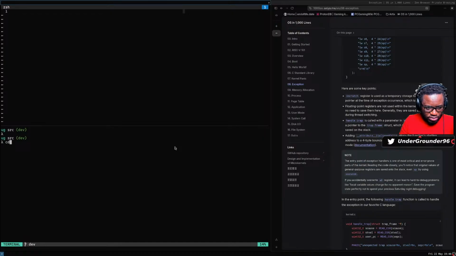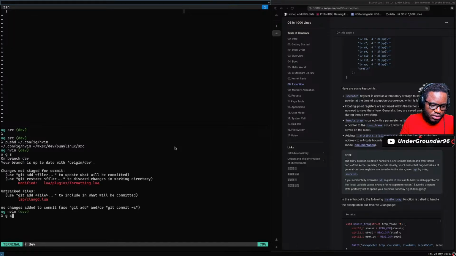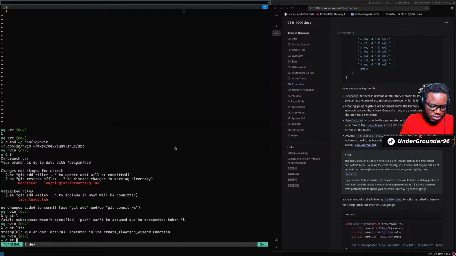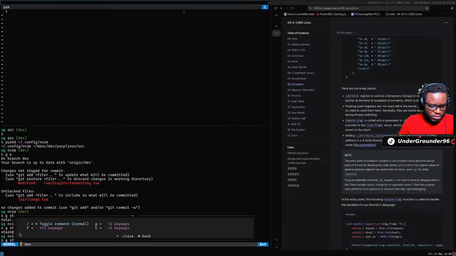I think I have push, yeah. Data config and vim, and then you git status, git stash list. Yeah, I don't want that. Git stash, was it rm? And then you just do,